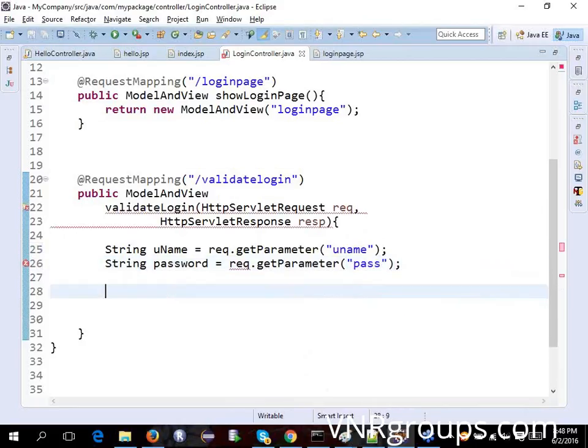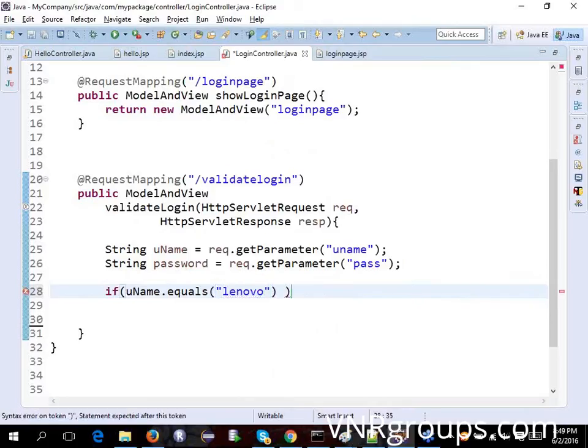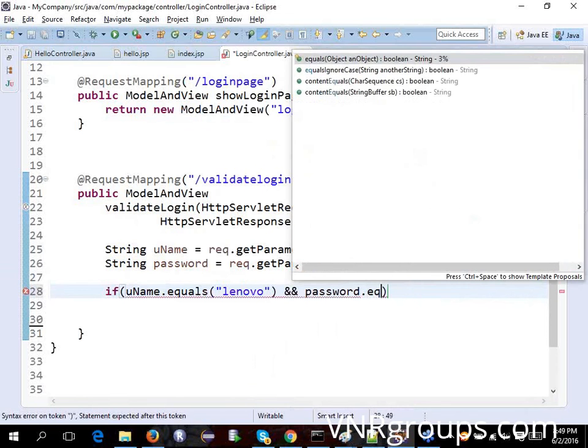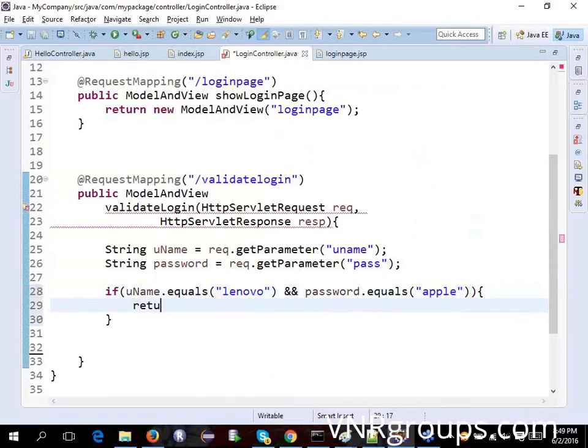So these are two values which I have passed. I'll just put a dummy case here. If uname.equals Lenovo and password.equals Apple, I would say